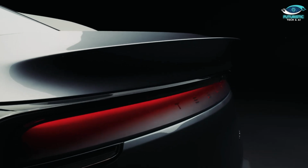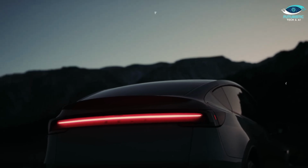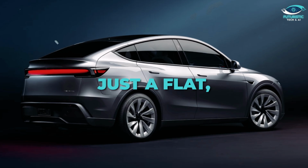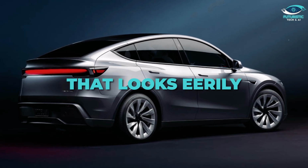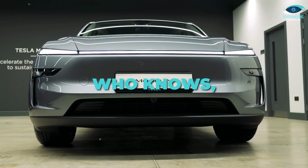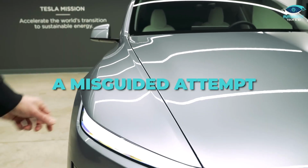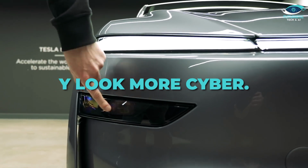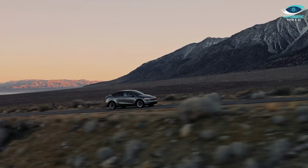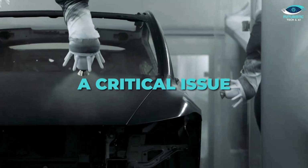Then there's the back panel, the part where your license plate goes. Except now, it's just an empty void. No detailing, no styling, just a flat, featureless slab that looks eerily reminiscent of the Cybertruck's tailgate. But why? Who knows? Maybe it's easier to manufacture. Maybe it's a misguided attempt at making the Model Y look more cyber. Whatever the reason, it makes the rear of the car look unfinished, almost like something was forgotten in the design process. This brings us to a critical issue: